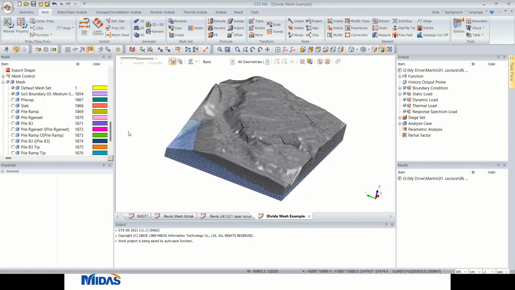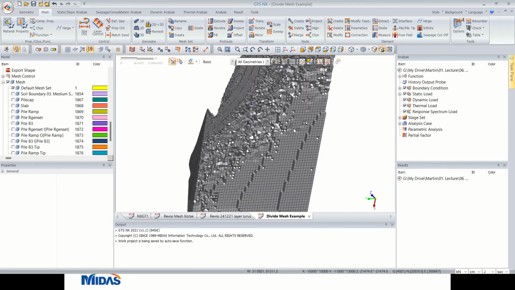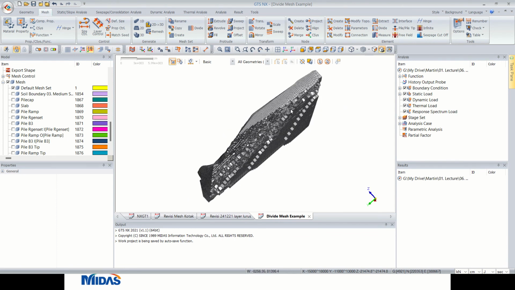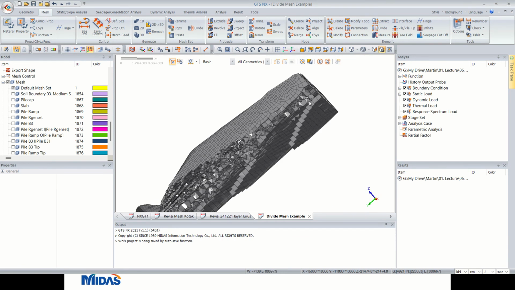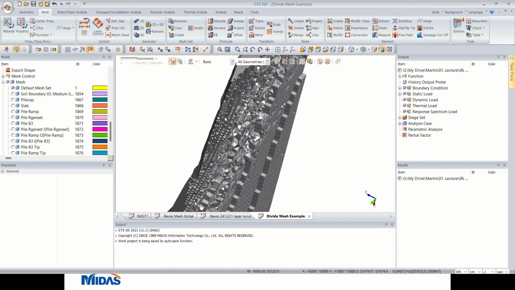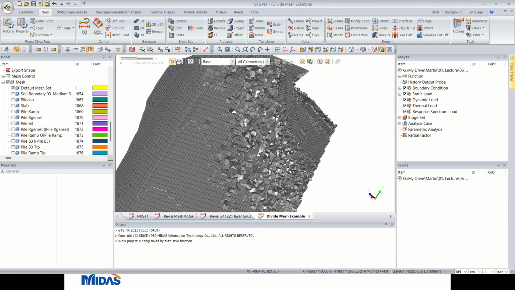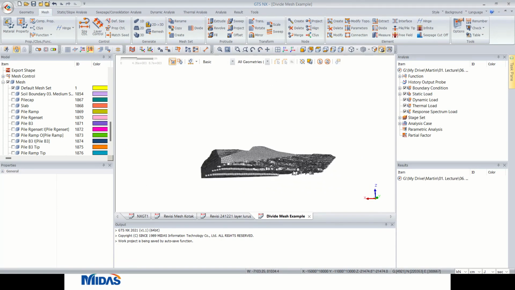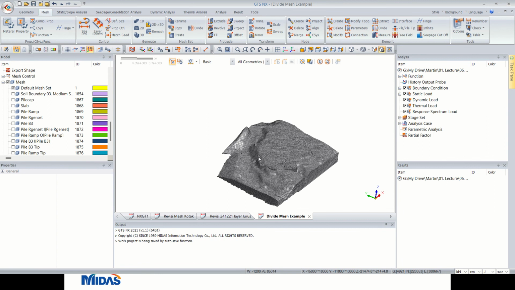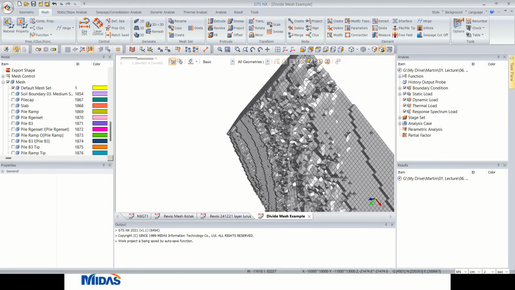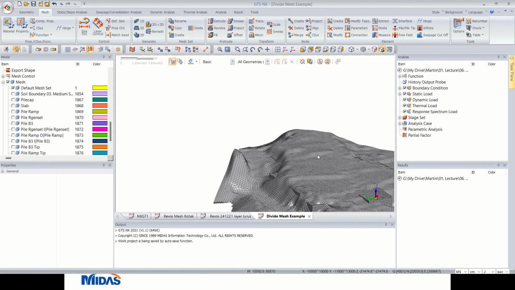Then I have two different soil layers. Now what is the problem with this method is that if I try to turn off one, then as you can see, because it just splits the mesh, it doesn't change the mesh shape. It just tries to cut or split the mesh into two according to the soil layer. So if your mesh is very big, then you will have these things. On the other hand, if your mesh is small, you will get a smoother shape.